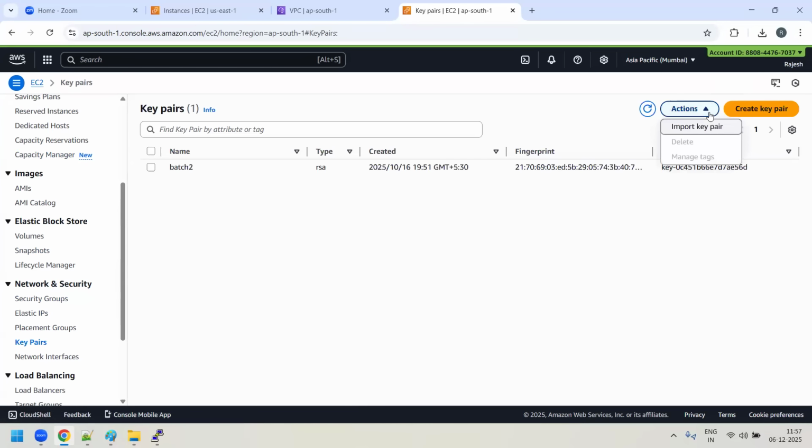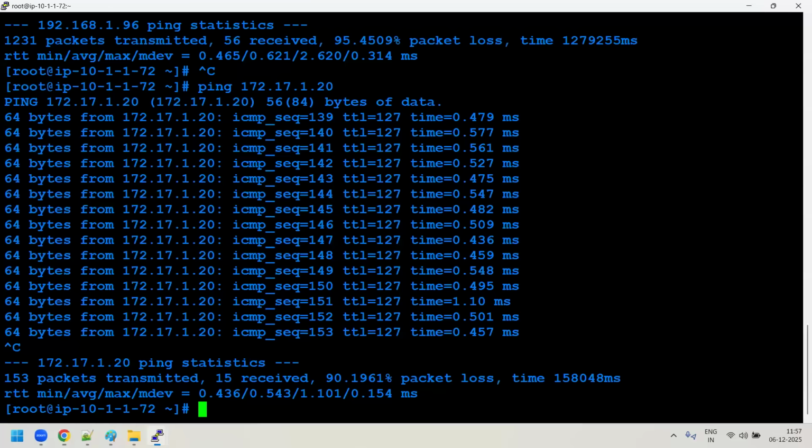Go to the action. Import the key pair. That means you want to import the public key. But how do you get the public key? You come here, because all these three servers are using the same